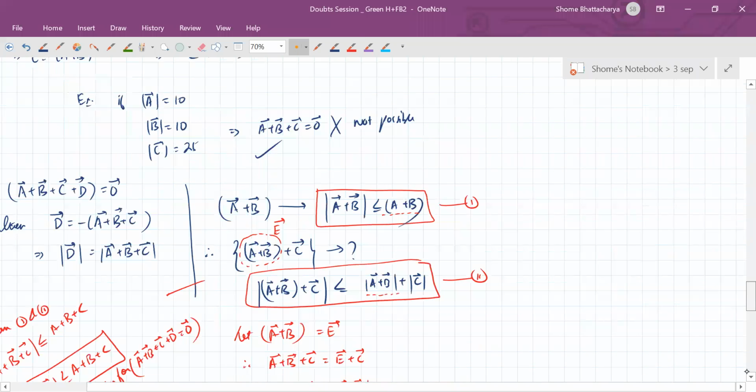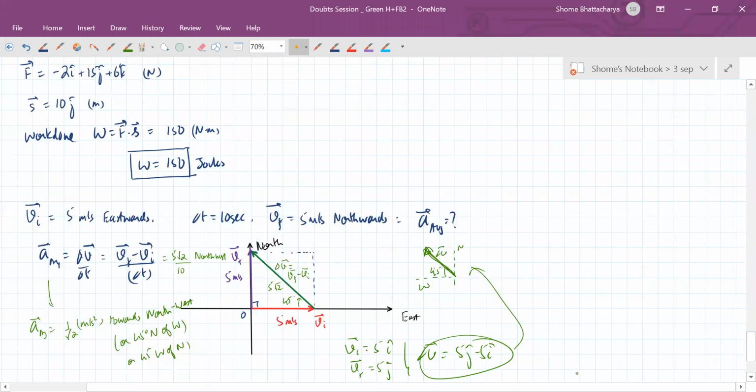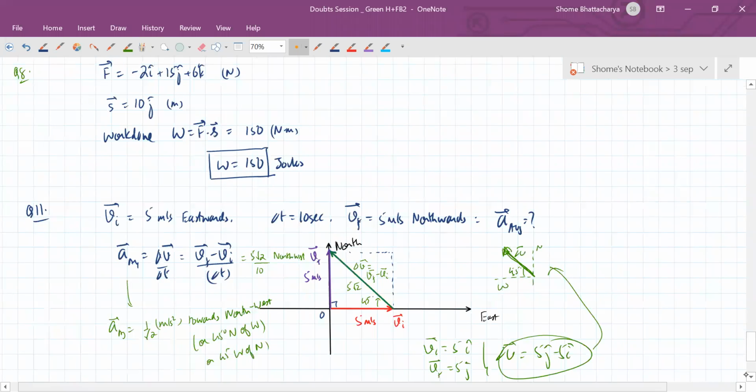Okay, so 12 and 13 will be the next two questions we'll discuss. So complete this and move on to question 12 and 13. Yeah, so go through question 12 and 13, both of them we'll discuss. So make a diagram for question number 12. Then I'll explain how to solve it.